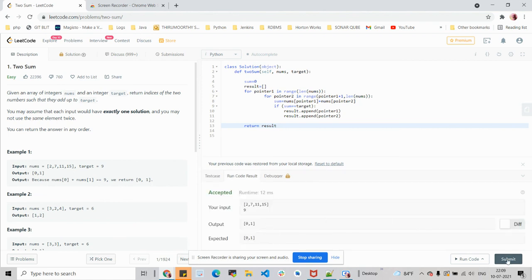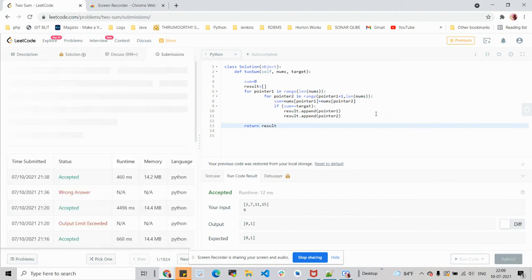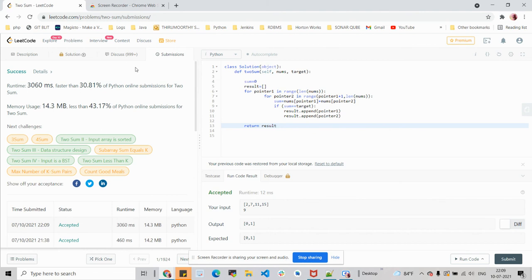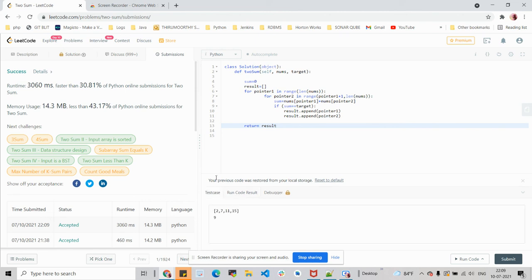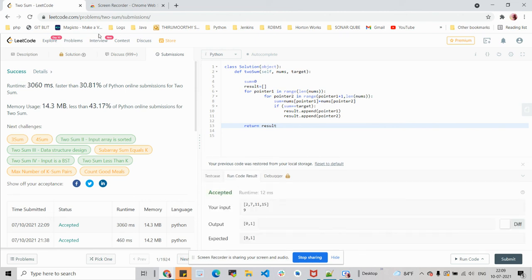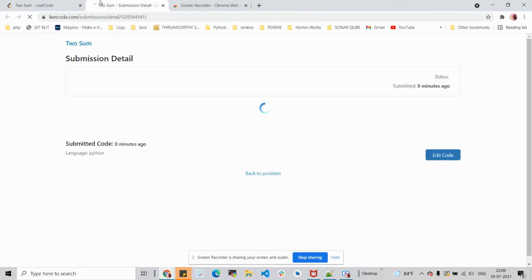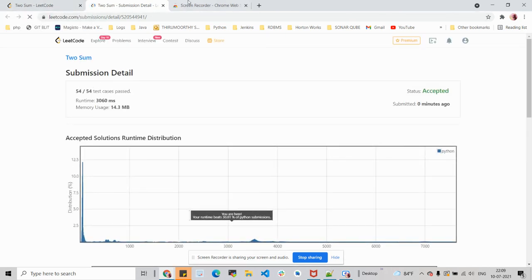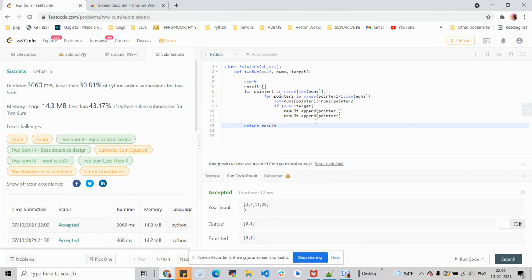Let me submit the code and check if all the test cases pass. Yes, all 54 test cases are passed with this brute force approach.